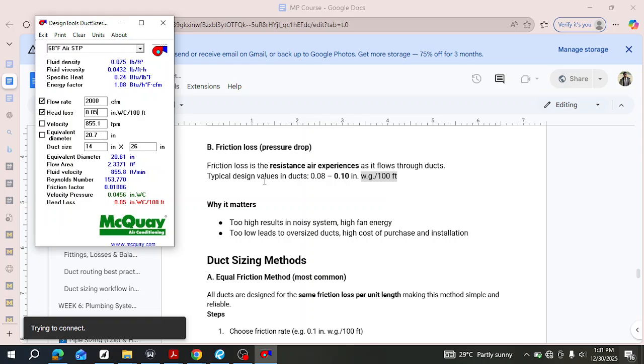I also mentioned one time that ducts that are square, or have an even cross-section, where the width and length are closer to each other